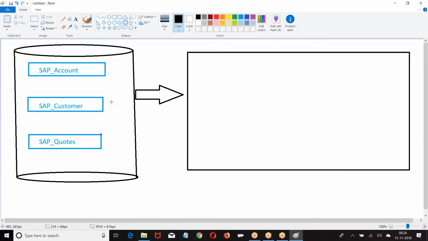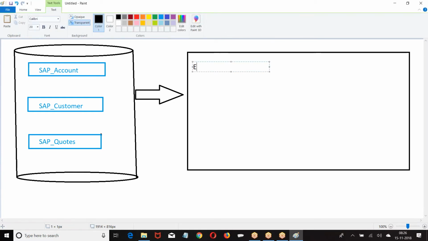Are you getting my point? If you want, you can connect to me, use my data and leave, but I don't want you to save this data in your database. Then what will Salesforce do? First, they will create a connection for the creation of external objects. What was it? External objects.